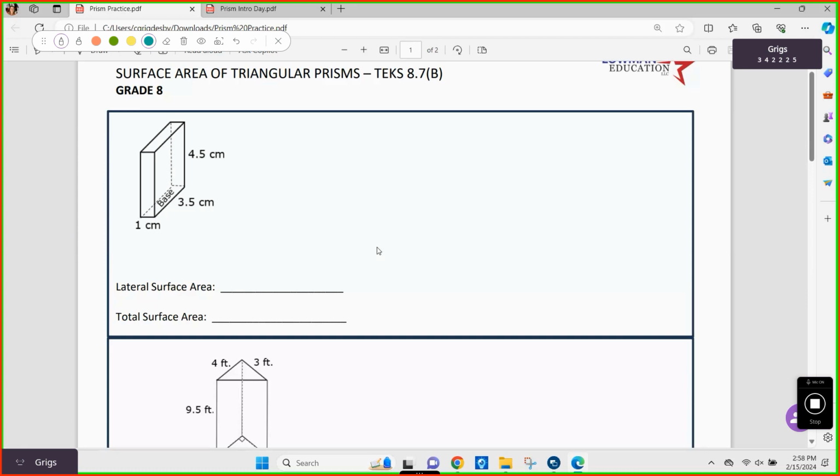B9 equals 9. Whoa. P stands for perimeter. And H stands for height. So 3.5 is the height. The area of the base is